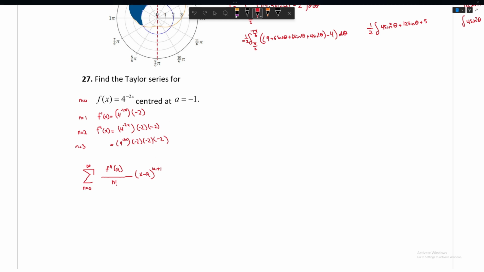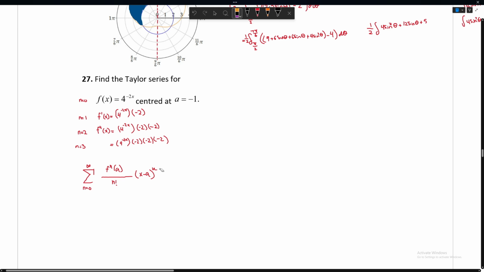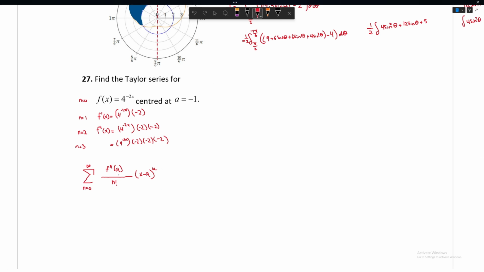Yep. So this is a given equation on the formula sheet on the exam. And this is the equation. And so how do we get our f to the n at a? Right now I'm not subbing in my a because I just want to find my pattern first. And so my pattern that I'm looking at is, what is it going to look like? We have f to the n at a